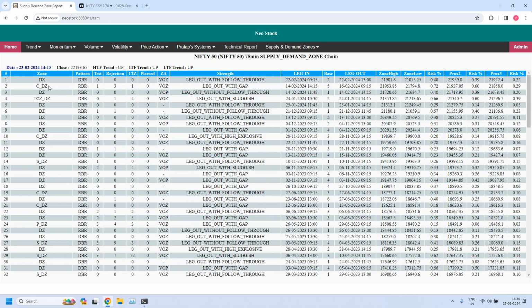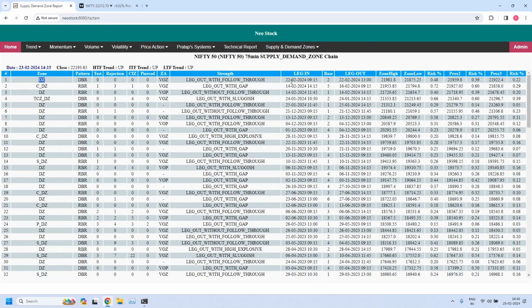So we have two zones. One is the nearest demand zone and another one is the high liquidity demand zone. It has already been tested once and has 3 rejections from this zone. So probably there could be strong order flow in this zone. So we will draw both these zones because this is the nearest zone. Let us draw